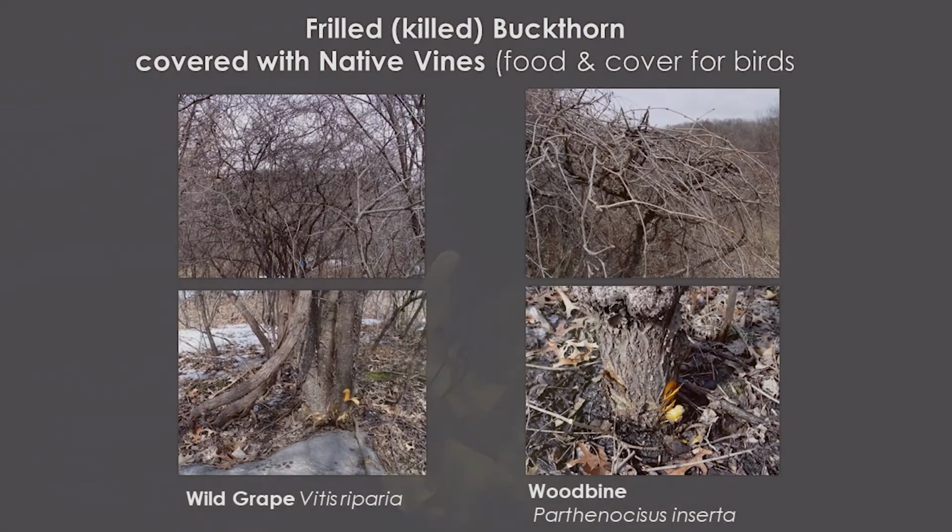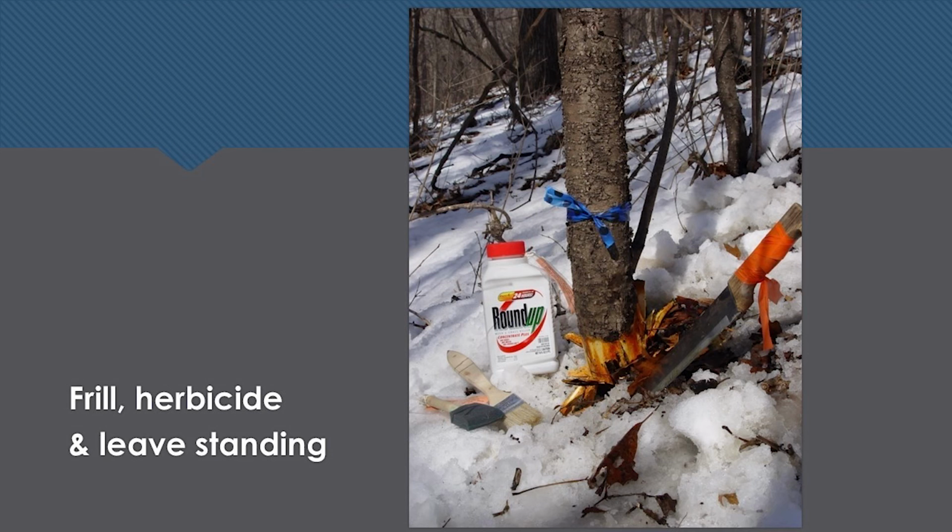Now there are problems with that, because there are a lot of buckthorn that are multi-stem. See this, where you've got 4 or 5 of them? It doesn't work very well because you've got to get all the way around. So it's just kind of a novelty thing that you can do. If you've got a buckthorn standing on a steep slope and you want to keep those roots there, well, we always want to keep them, but you just want to have some structure, and a dead tree is good habitat for birds, then the frill method is really good to watch them die. Okay? All right.